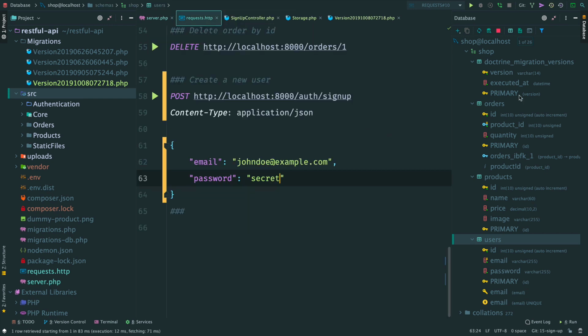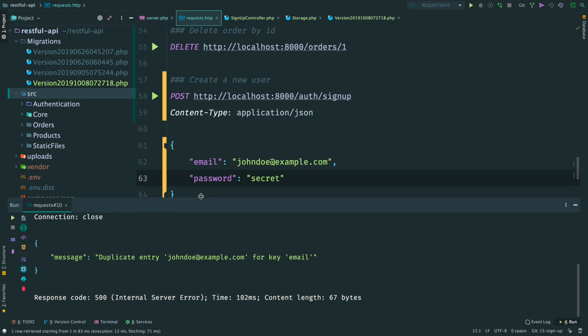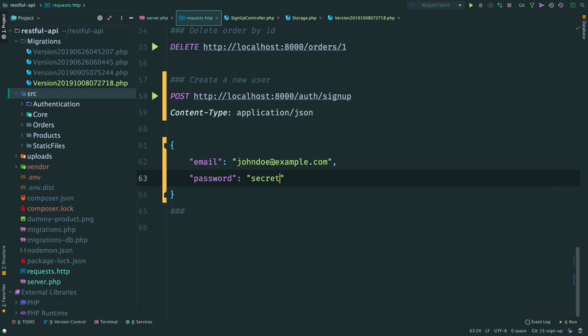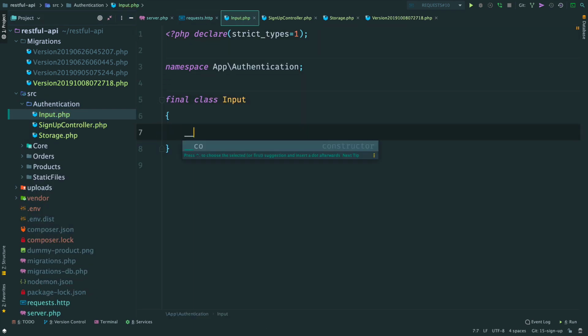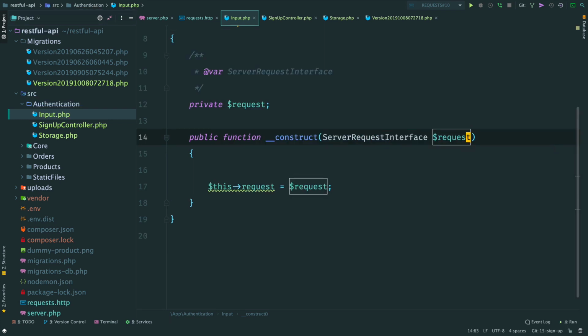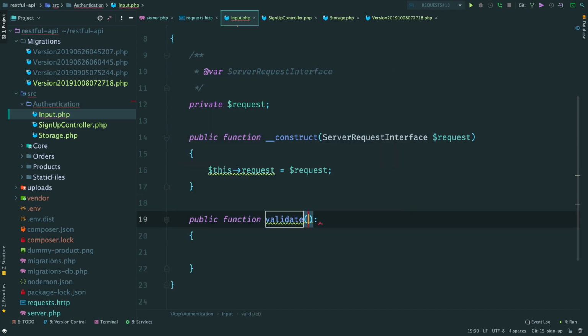But of course we are missing validation here. If I try to send the same request, we get back a 500 error saying something about the database row. So let's make it more friendly by adding validation. Add a new class Input. It is a wrapper on top of our request, thus injected in the constructor. Then comes method validate. Inside we create two validators, for email and for password.